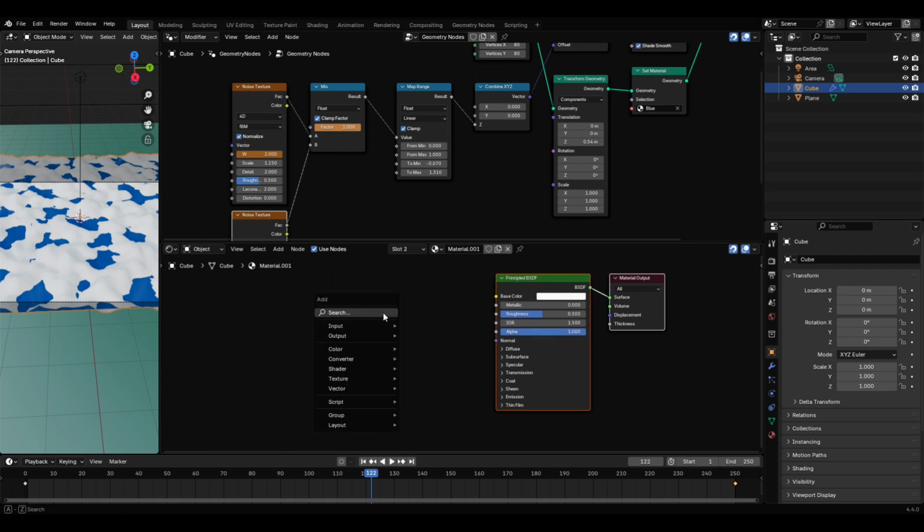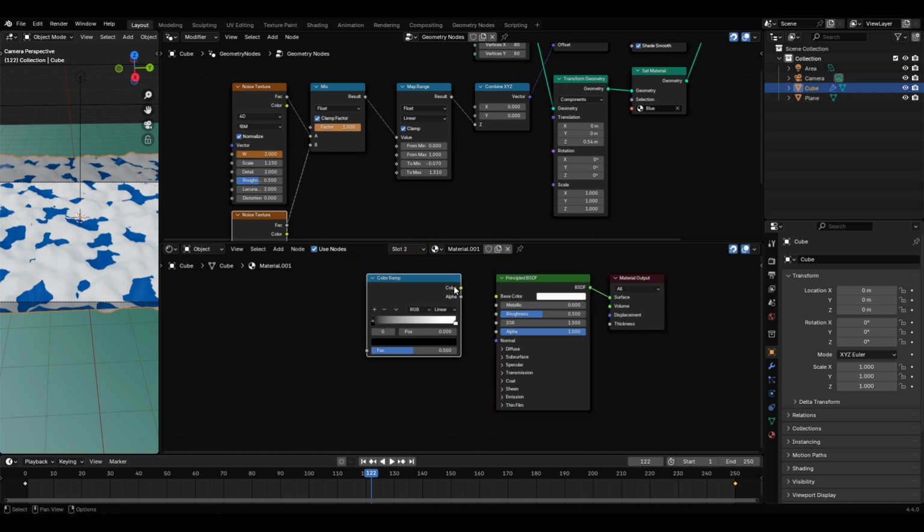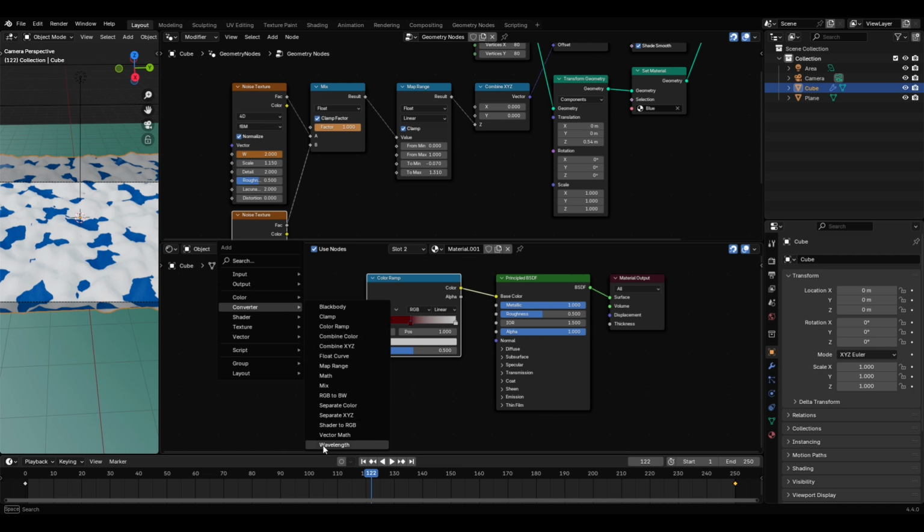We'll bring in a color ramp. We'll bring up the left side about halfway, and we'll make this color a dark red. Let's make the right-hand side a little darker to a light gray. And then let's crank up the metallic. We'll also add a vector math node